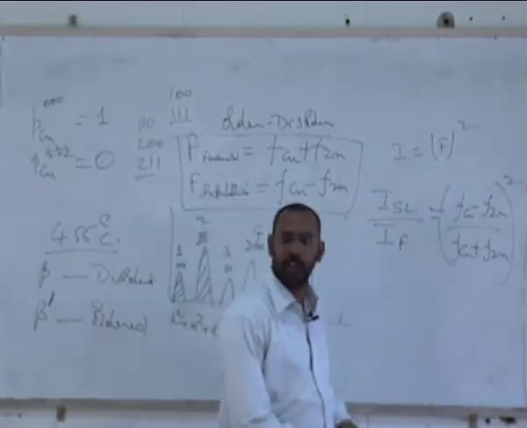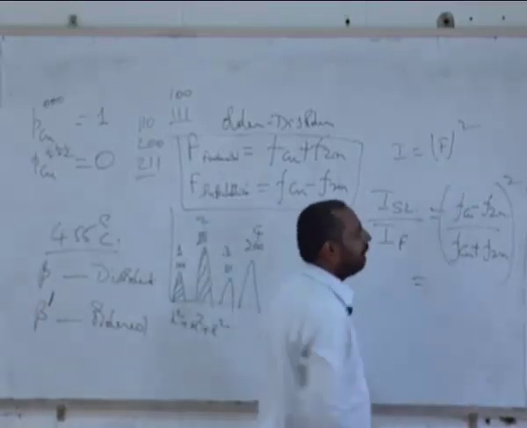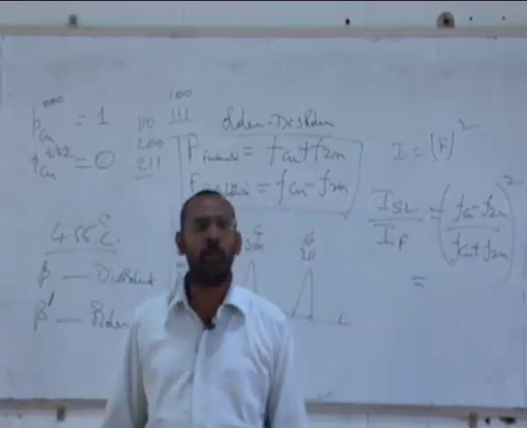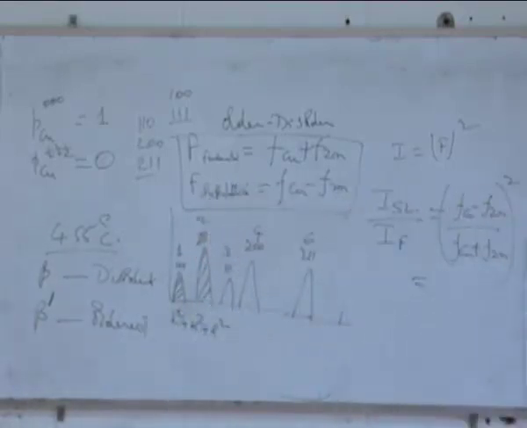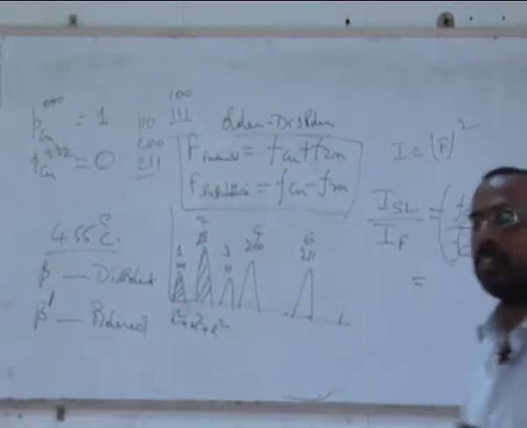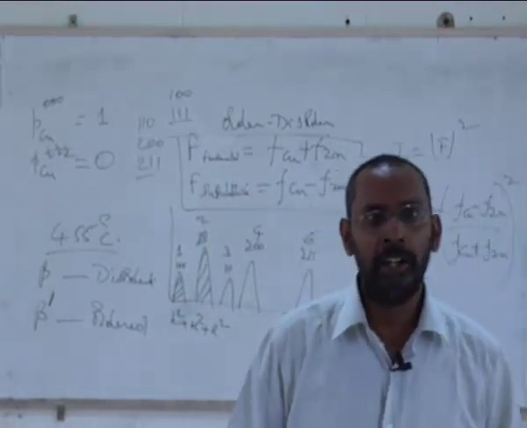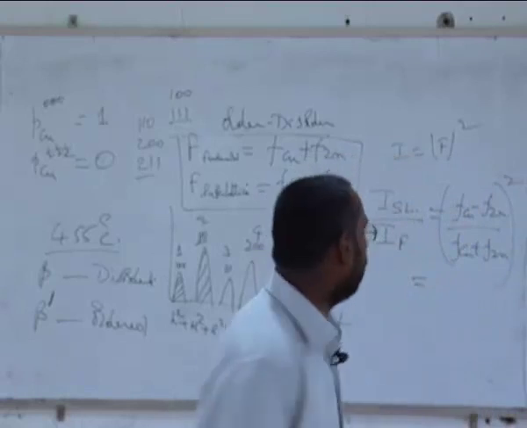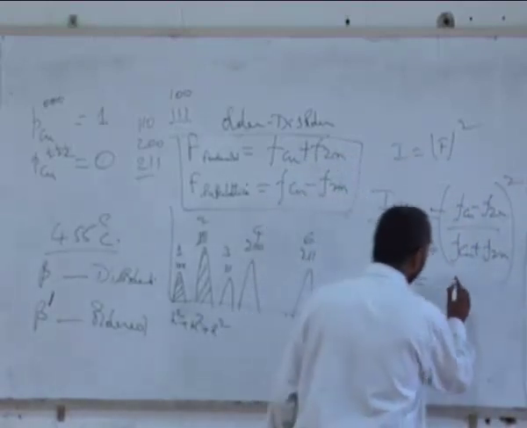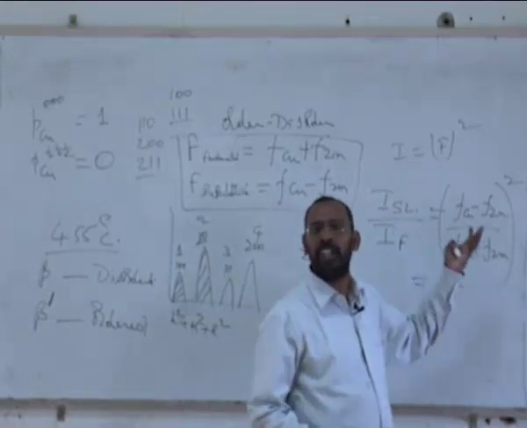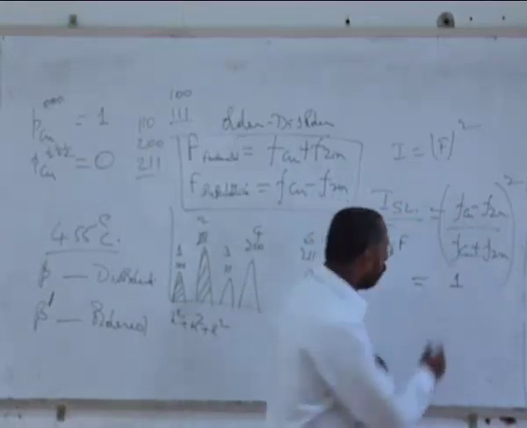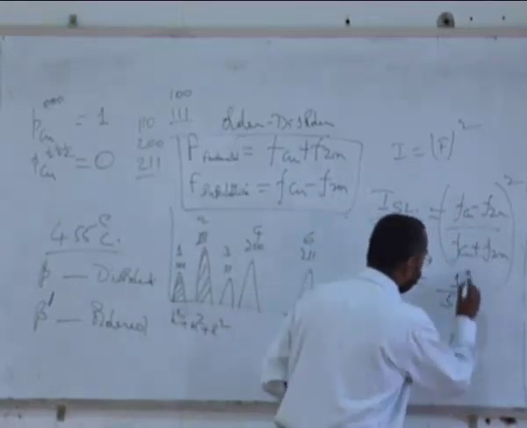If this is the case, now you can see here the copper and zinc atomic numbers are how much? Anybody knows? What is the atomic number of copper and zinc? Copper is 29. Zinc is 30. So if I take the difference it is 1. Of course, minus 1 actually. But because I am taking squares, it does not matter to me. 1 divided by 59 square.